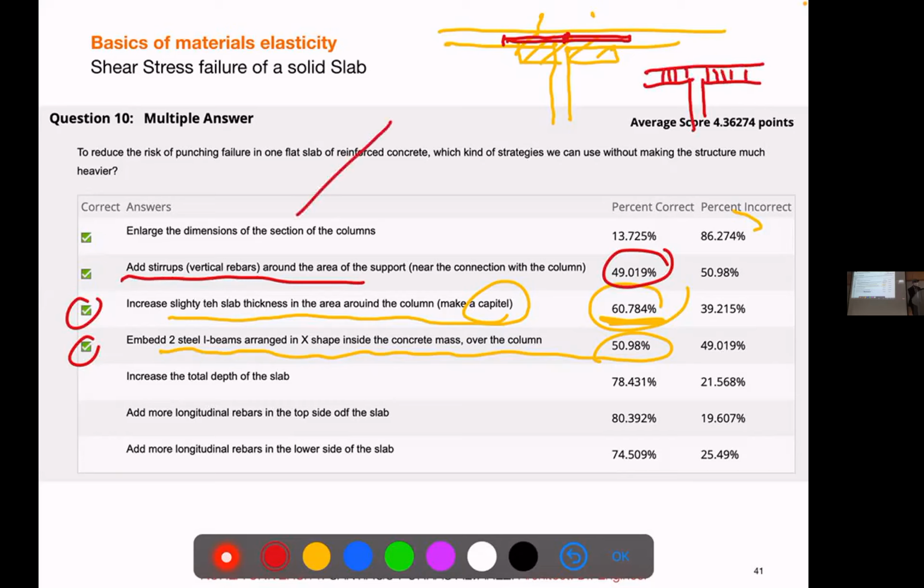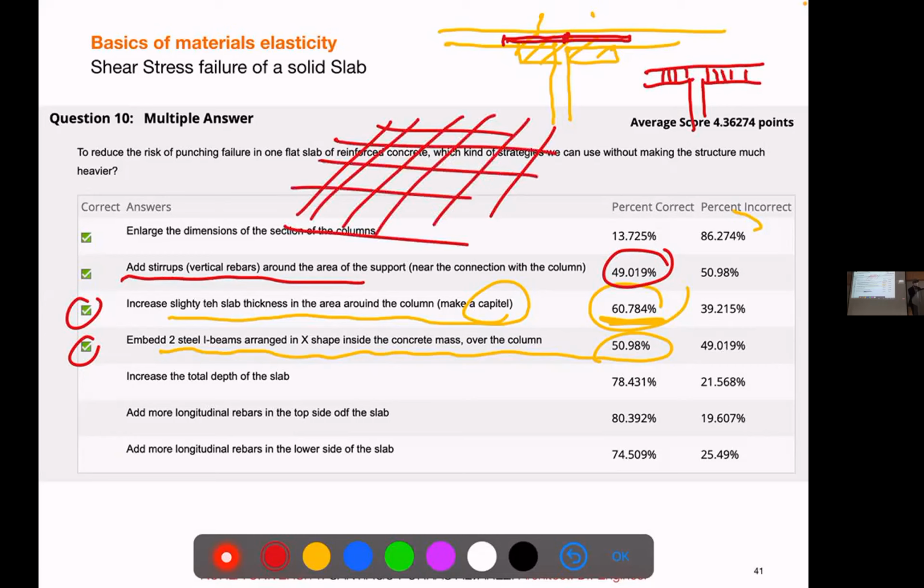How does it work in 3 dimensions? You will have the typical top and bottom bars, right? Let's say the bottom bars are in blue below, and then you put the stirrups just in top and bottom, the same as you do in beams. The effect is the same, right? You can also have the bent bars, so you can use also this kind of bars, right? And you will see it often around the slabs, because slabs are expensive and you can spend more time doing that. So stirrups are okay.